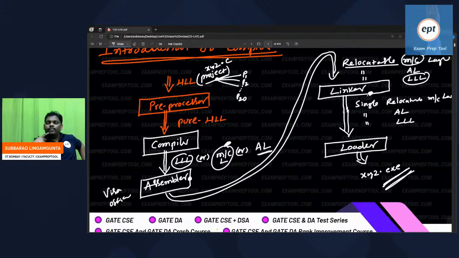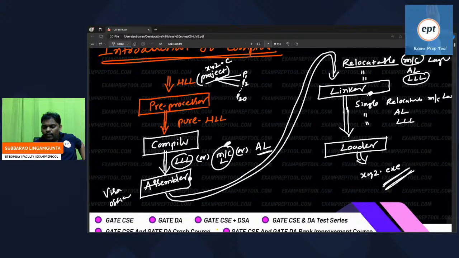Now can anyone help me? Now your program is there in the main memory. Is it running or waiting? Waiting, which is called a ready state. Some people are asking, sir, why is it waiting, sir? The CPU is busy with someone else.